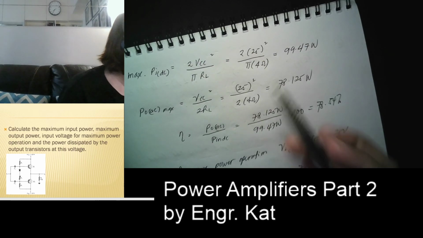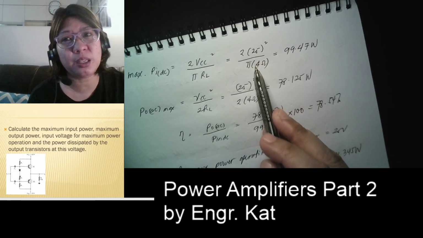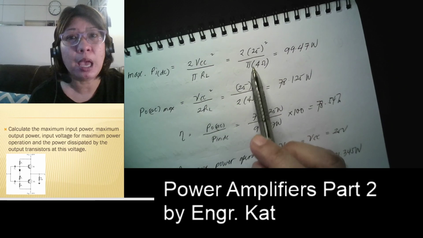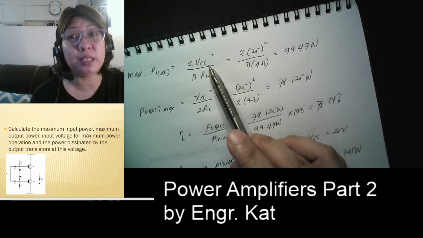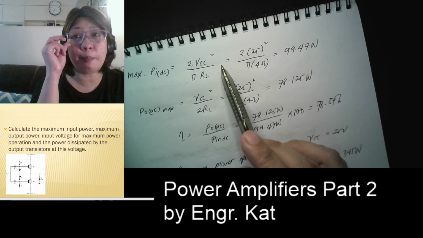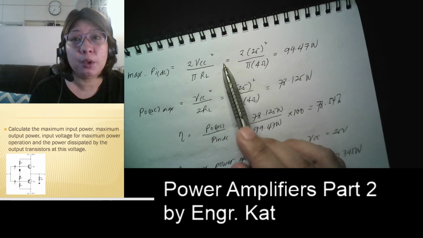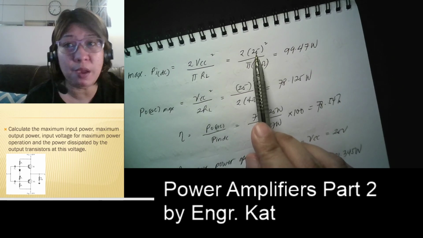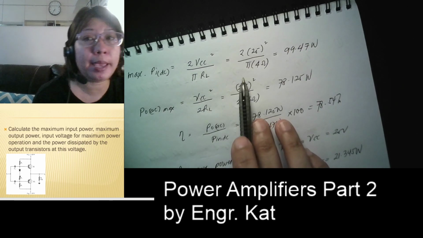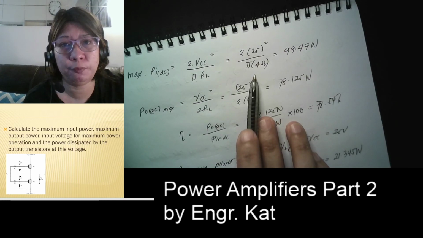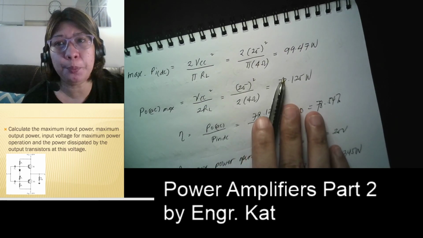So in the case of our problem, it's not the 17 volts, it's not the peak value, but it's the VCC, to consider the maximum input voltage. Therefore, it is 25 divided by pi multiplied by RL, which is 4. So the maximum input DC here is